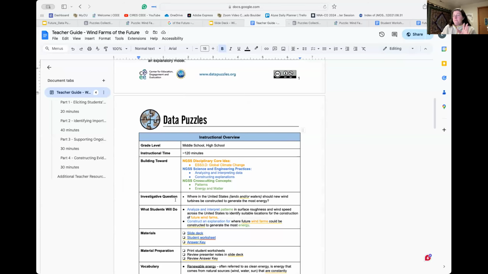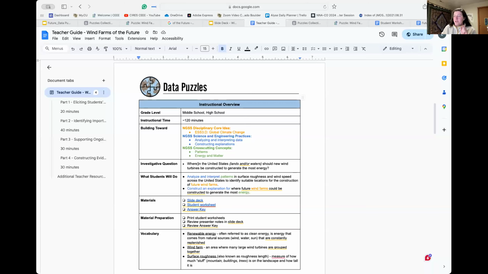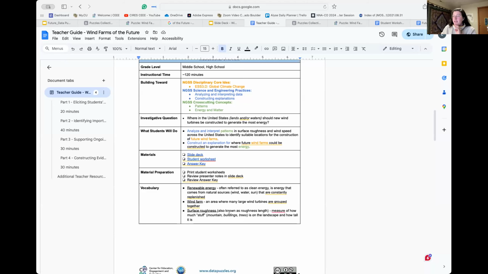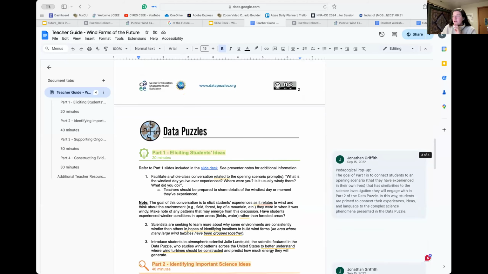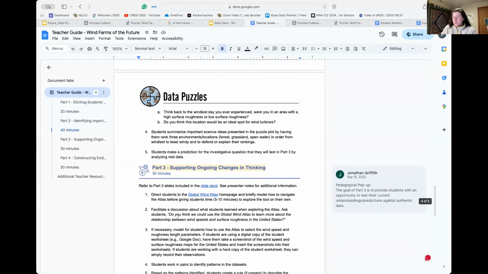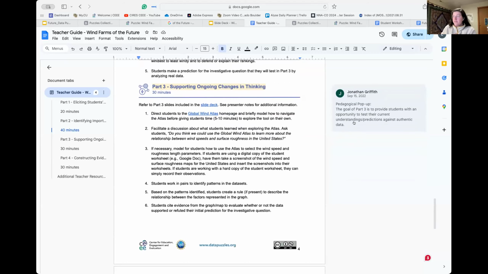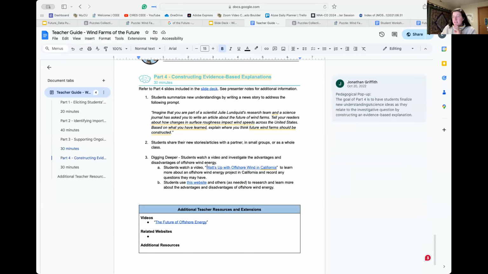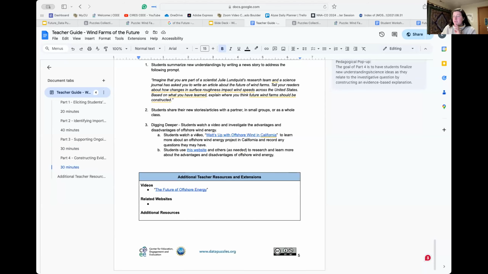Some background information here: the investigative question, any learning goals, if it aligns with some NGSS principles, those are in here, and any prep you have to do. And then the teaching guides are fairly short, but it does break it down by the different steps. So it's easy to walk through the framework. And we have sometimes some teaching notes and suggestions in there, and then additional resources.